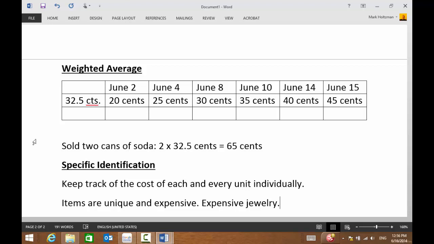You know the sticker in the window when you buy a new car? Part of that, it says it has dealer invoice on it. I believe, though, that's not really what the dealers pay. The dealers pay something less than invoice. But that tells the dealer how much the automobile costs, and therefore how much they can sell it to the consumer for. And that would, again, be specific identification, because it's not like cans of soda where every one of them is the same.